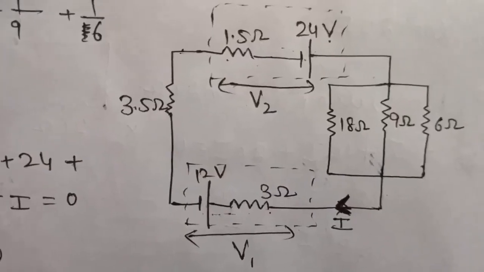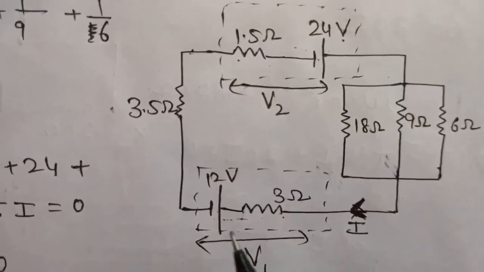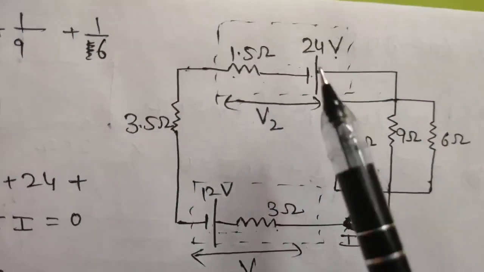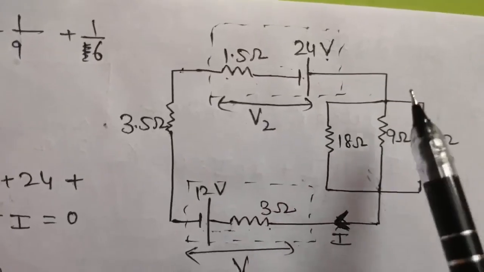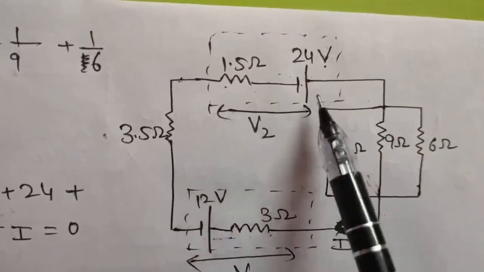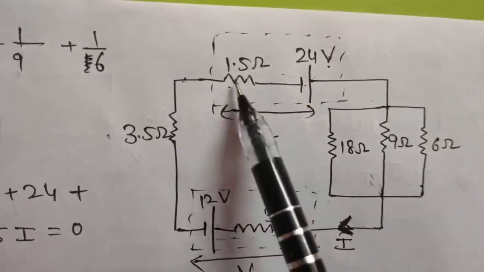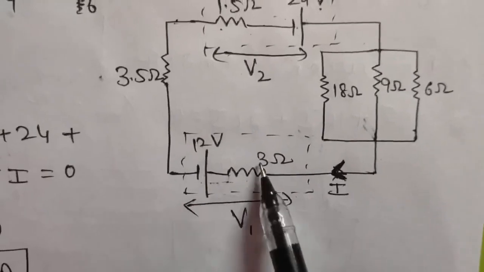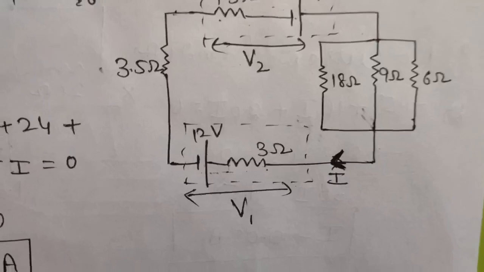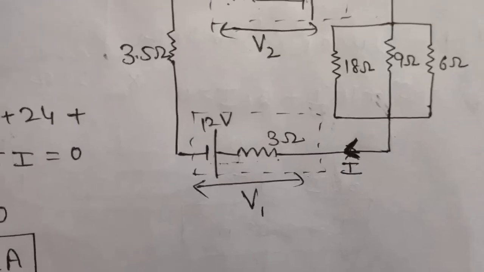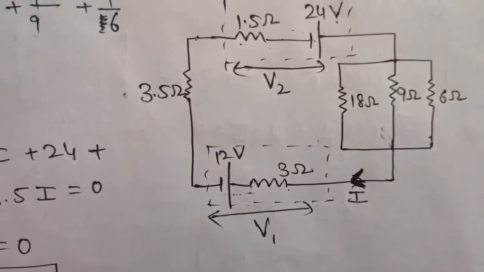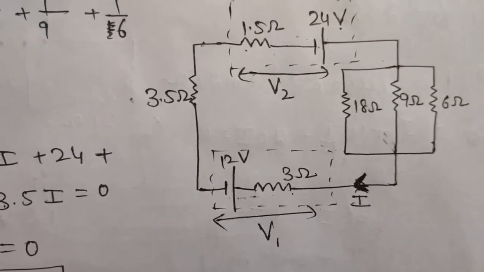Or you can easily look at it like this also. See, for this battery, current is flowing like this. That means current is going away from the positive terminal. So as we have studied, the equation of potential is E minus IR. So that can be used here. V2 will be E2 minus IR2. But for this one, current is coming towards the positive terminal. Therefore, the equation will become V1 is equal to E1 plus IR1. So you can easily do it by those equations also. Okay, the answer will come to be C.